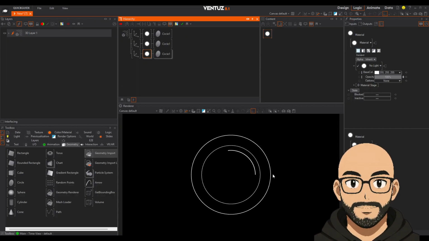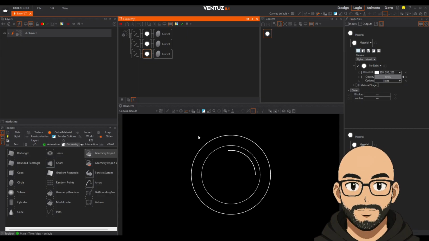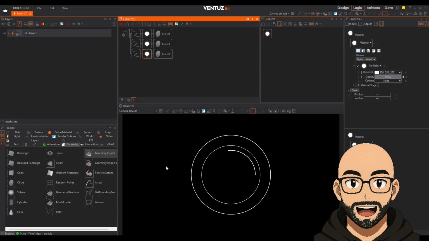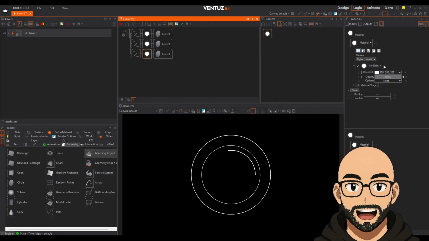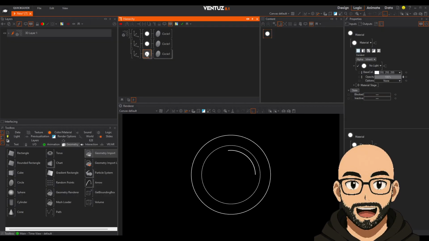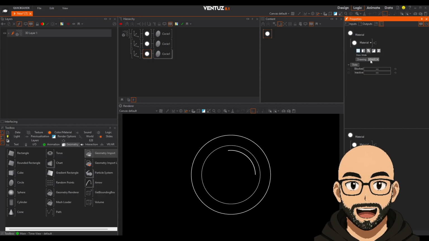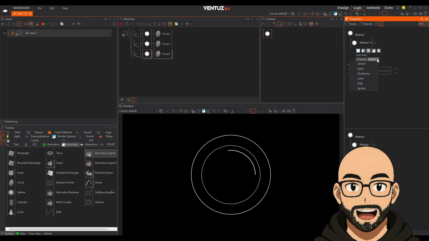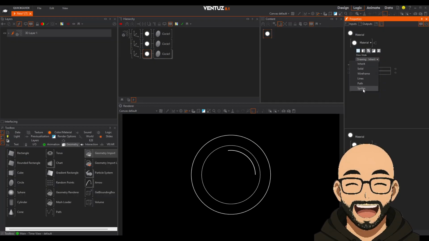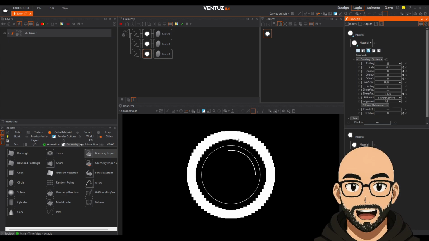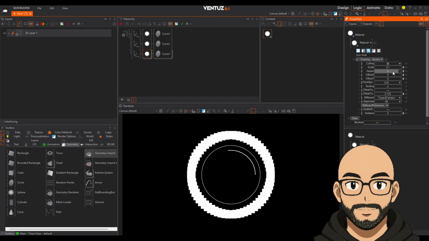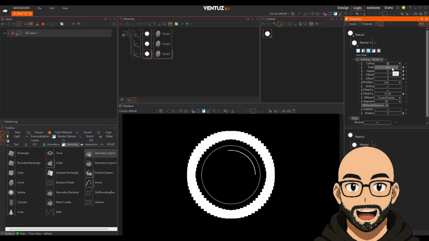You can use textures, you can use points, the actual sprites, which we're going to do now. So if you click on the material and you go over here on the right in the properties, you'll see there's a draw mode. And right now it's on inherit. So we want to change this to sprite. There's sprites, and then you get all these wonderful sprites. And if you change the scale, so bring it down,